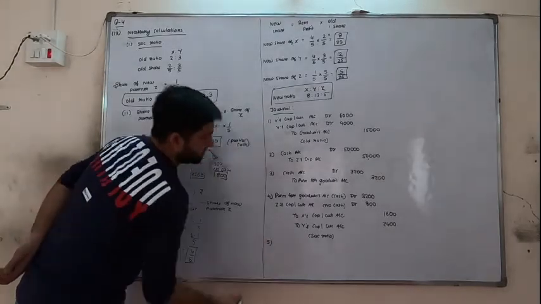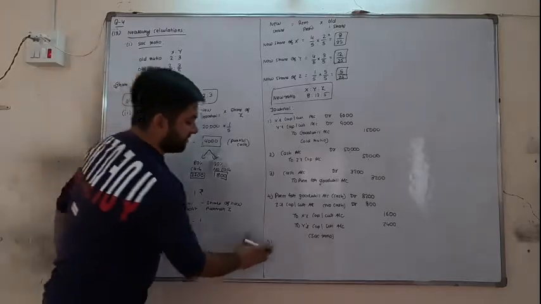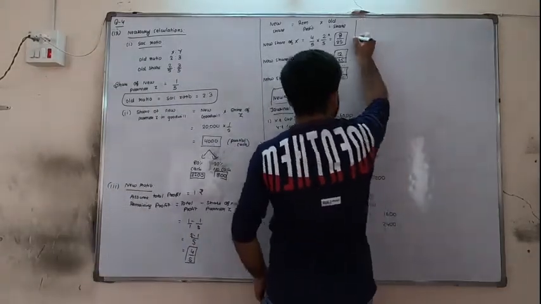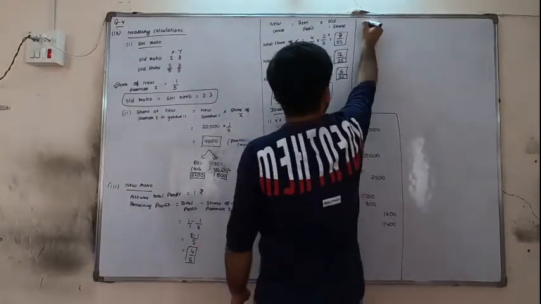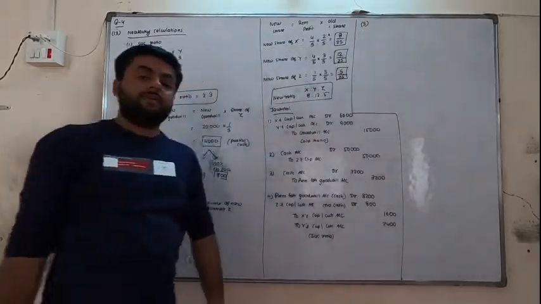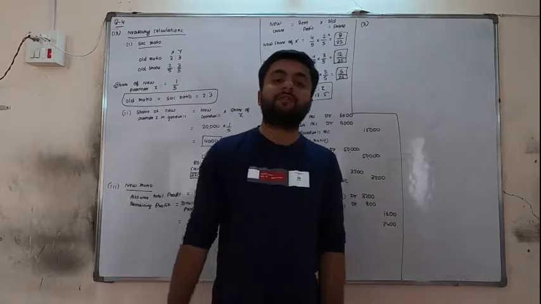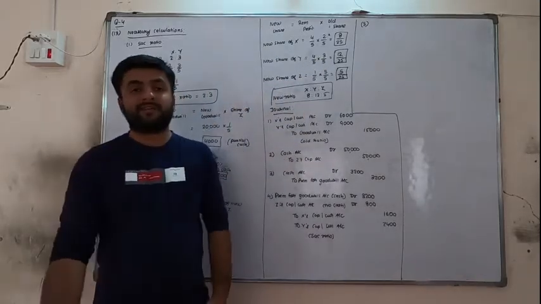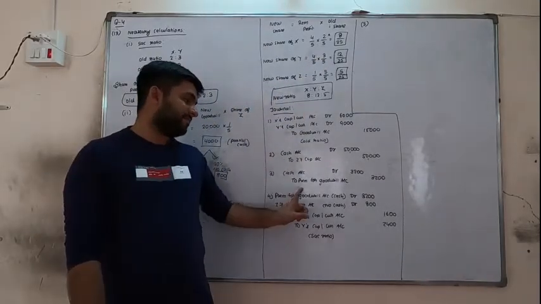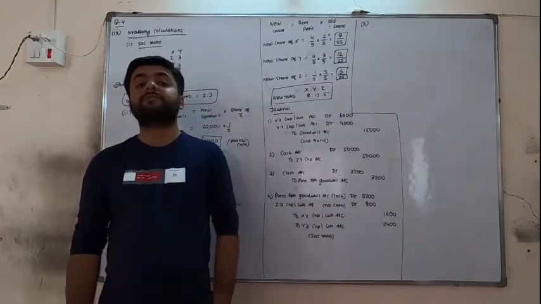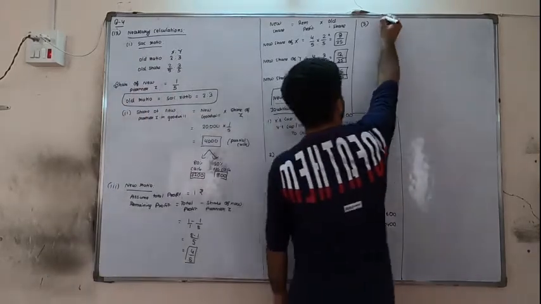Now the last, according to the format it is the last entry, but here we will pass one more entry also. Number 5. Now according to the format, the last entry is regarding the withdrawal of goodwill. Here partners are withdrawing 40%, and I said partners can only withdraw the amount which is brought in cash. So first we will write the entry